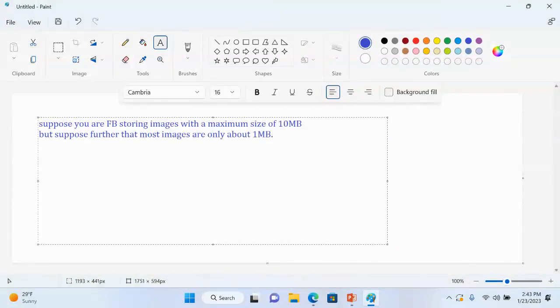Okay? What does that mean for your system? Exactly. It's like buying a really big house and just living in the kitchen. Okay? So yeah, this for your system means that circa 90% of your storage capacity